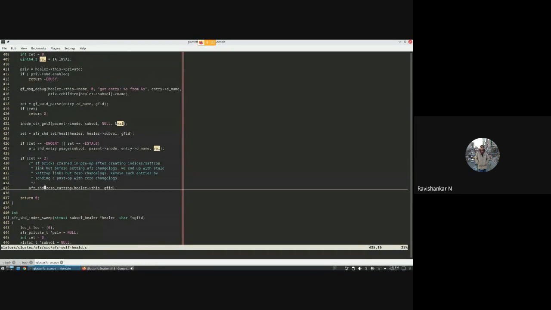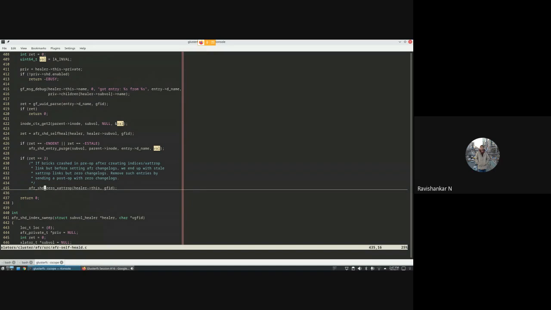This is there to handle a corner case where we had to zero the xattr. What it says: if the brick crashed in the pre-op after creating the entry, but before setting the changelog, and the entry has stale xattrs but no AFR xattrs, we need to send an xattr with all zeros.